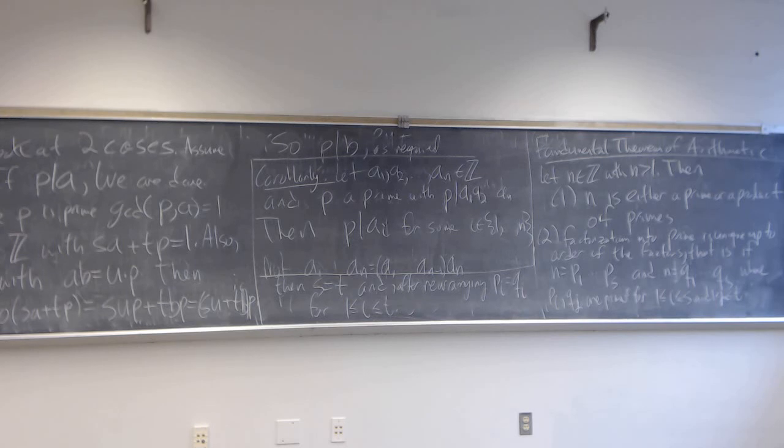And so continuing on, if A equals p1 to the a1 up to ps to the as, and B equals p1 to the b1 up to ps to the bs, where ai and bi are integers that are greater than or equal to 0, and the pi's are distinct primes,